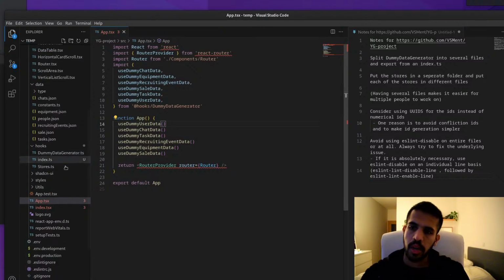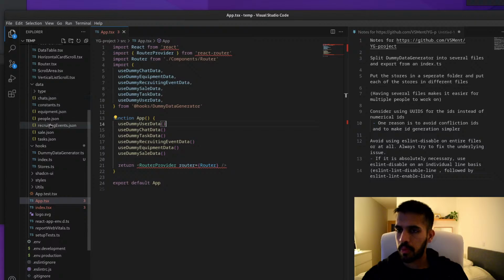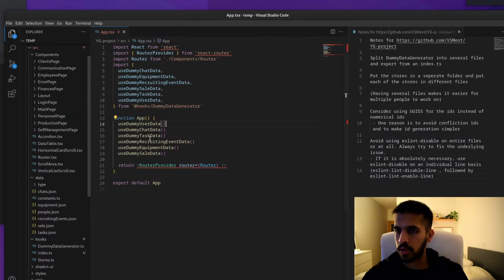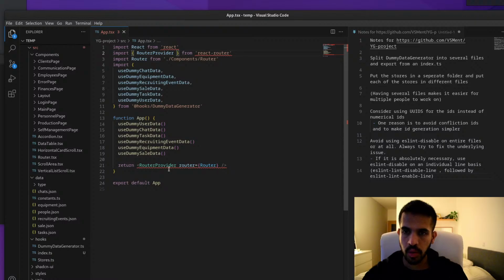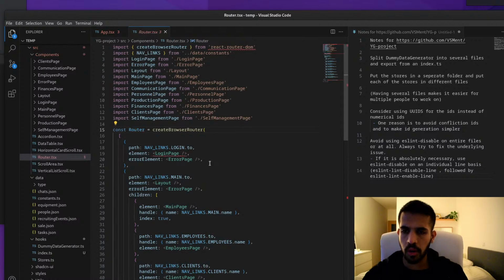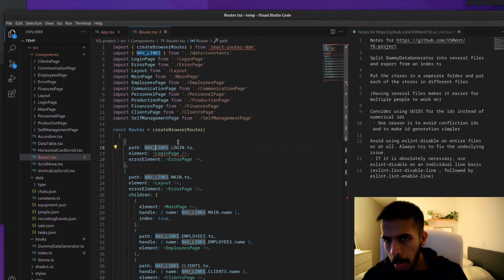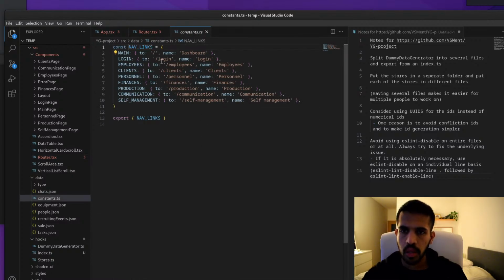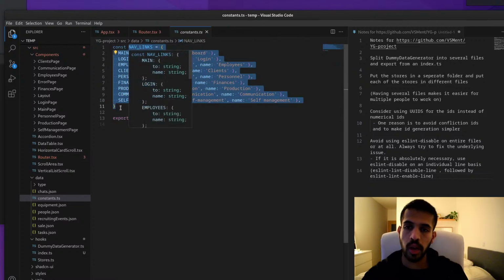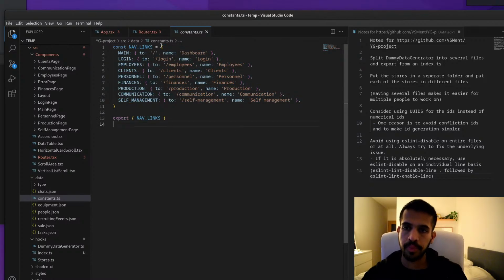Right, so let's look at actually how a piece of UI is put together. So I will look at a page. This is React Router, this router provider. This is a constant. This is a good thing that you have all of the things in a constant.